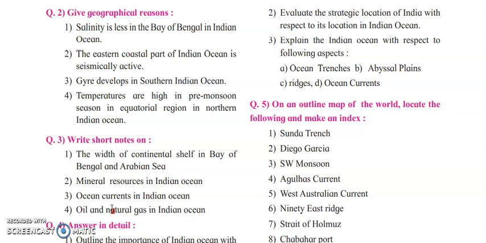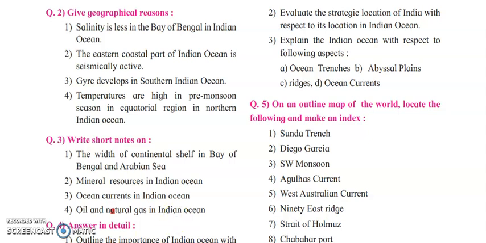Next is oceanic currents. So what are oceanic currents? These are the patterns of currents in the Indian Ocean which differ from the Atlantic or Pacific. Basically, these currents are created because of the monsoon wind. And whenever a gyre is created, the gyre starts influencing this current and changes its direction. So we have southward equatorial currents and northward equatorial currents. Based on the direction, the currents are influenced.